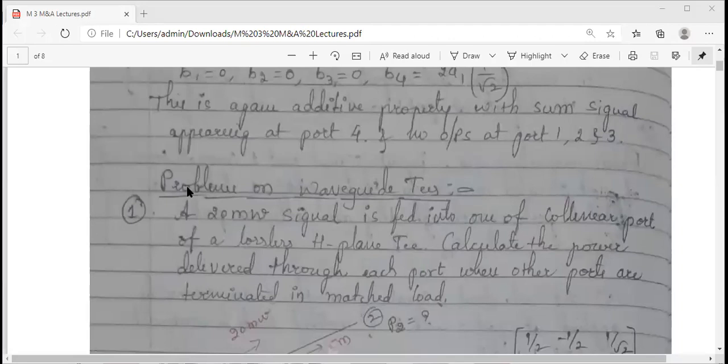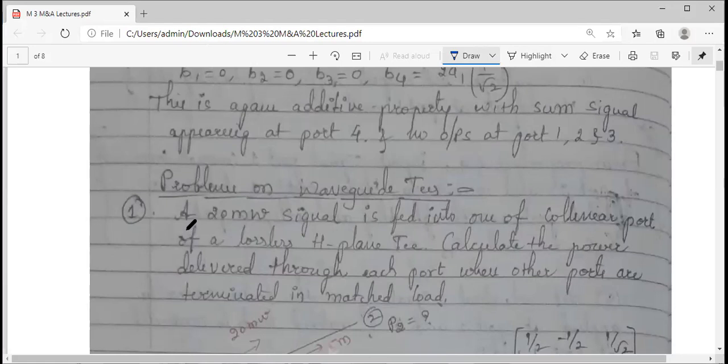They are solved problems. So I wanted to just share the slides with you, but let me take these 3 problems. They may take some 10 minutes or so. So let me quickly complete these waveguide T problems, and then we will start the introduction of module 3. The first problem is the most commonly asked question. You can go through the previous question papers, but it doesn't mean that this time it will be asked. Since it is a most asked question, let me take this.